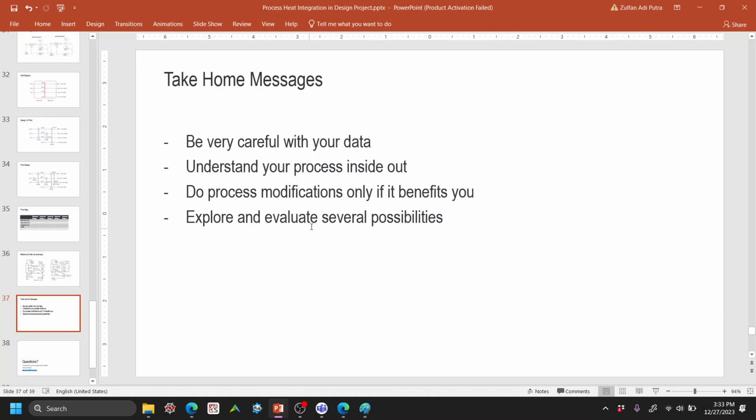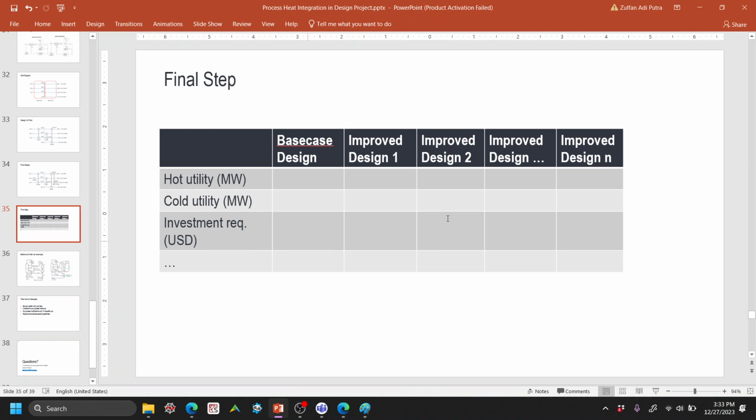And then lastly, you can make this table to evaluate and visualize your options, so that people can understand why you pick a certain design over the other. So with that, I think I